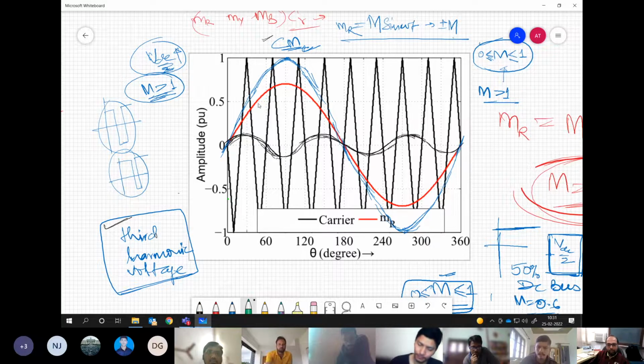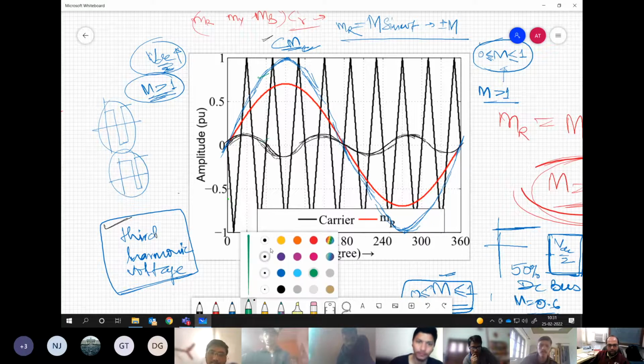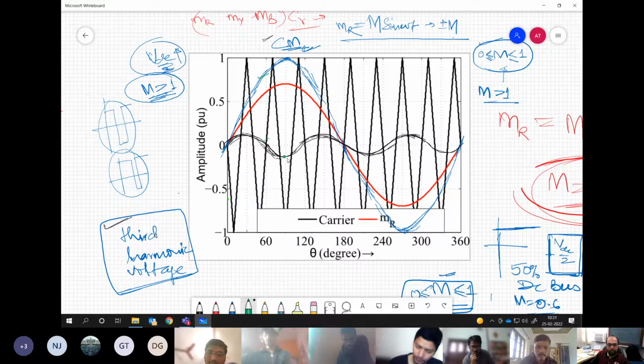The resultant waveform of this blue and black, when you add simply, you see that the peak for the black waveform is negative. So certainly it will subtract something from the peak of the blue waveform. And similarly here, when the blue waveform is at negative peak, the black one has a positive peak. So it will subtract something here. So the resultant waveform may look like,